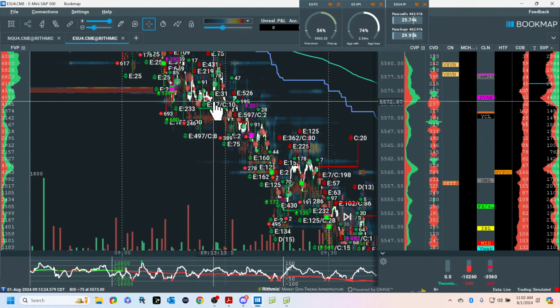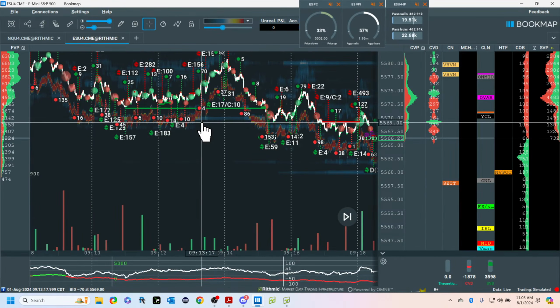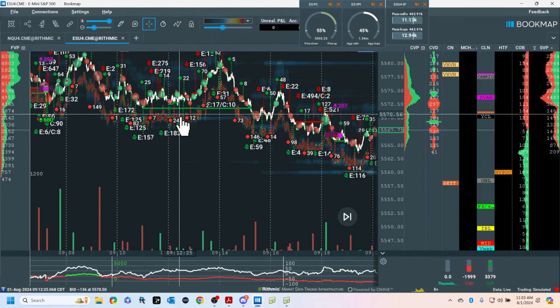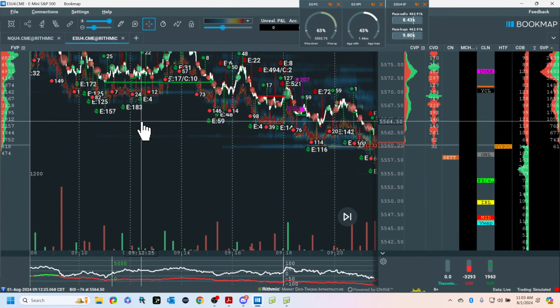I don't remember where I got short. Can't remember. Hold on. I got to look back. Actually, I'm going to just leave things and try to come back into the shorts here. I got to start looking for my shorts here.